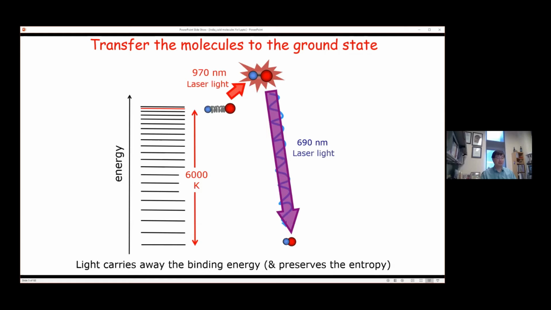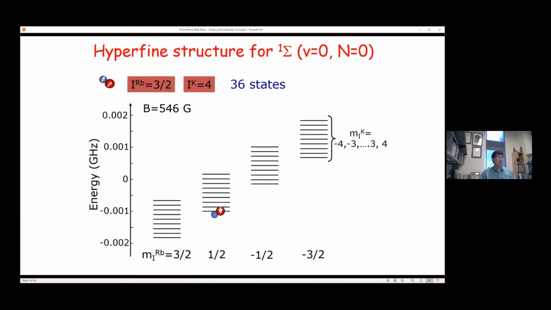And yet, because the process is coherent, you do not increase the entropy. So we can do this process with almost beyond 90% efficiency to transfer the population entirely coherently from the Feshbach state to the absolute ground state. Once you get to the absolute ground state, we are in the vibrational equals 0, rotational equals 0 ground state here. Electronically it is also the electronic ground potential, sigma, where the two electrons are paired up